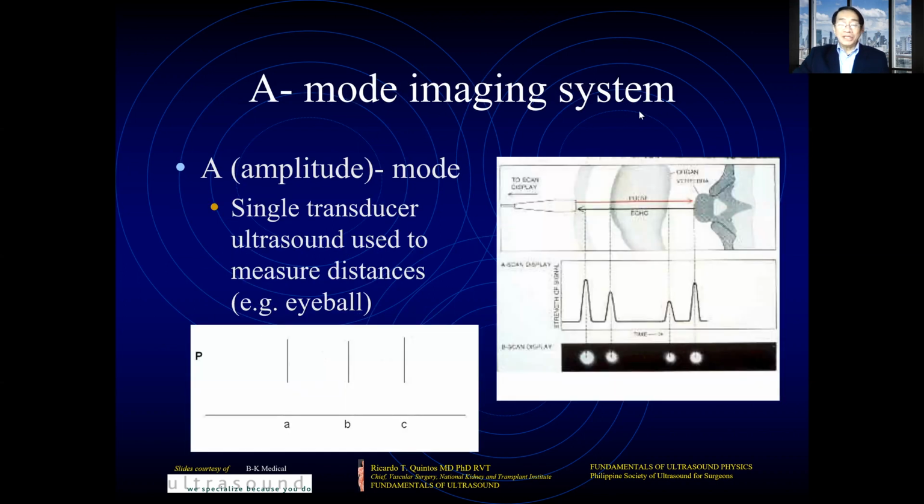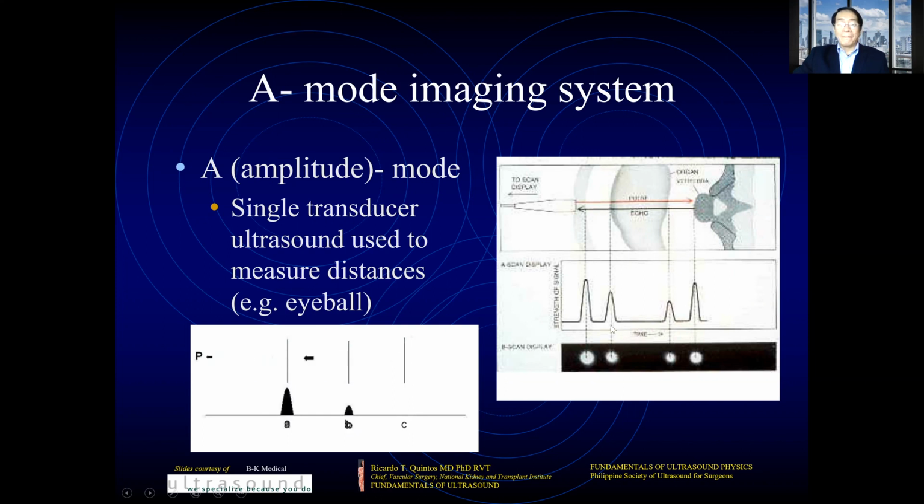So the A mode imaging system is the simplest. Basically, you have a transmission of the impulse, and then you have the reflection of the impulse off the different structures. The intensity of the echoes is displayed as intensity of light. You will see that the intensities of the lights appear at different distances because there is a structure, for example, the structure of the skin, then the organ of interest, then the spine, and then there's the in-between